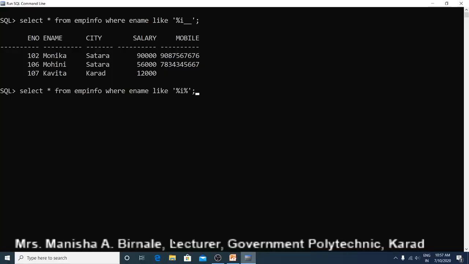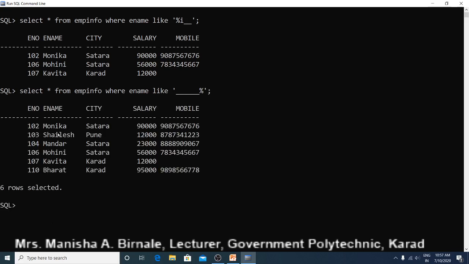Here, select star from emp info where e name like. So it should be 6 characters long. So minimum 6 characters should be there. So we have to write 6 underscores first, and 6 or more characters are also allowed. So here you have to write percent.